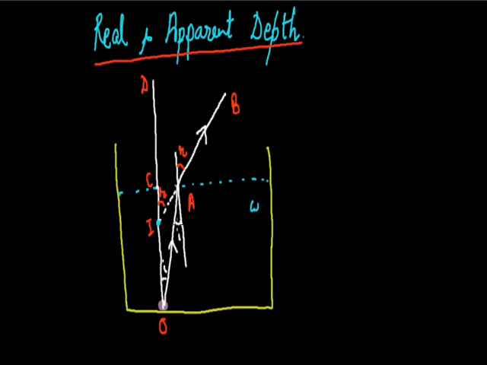Now, this angle is the angle of incidence i, and this angle is the angle of refraction r. If we go through the geometry, these two angles are alternate interior angles, so they should be the same, while this angle r is a corresponding angle with this angle CIA, and that's why these two angles should have the same value, r. Now, if we consider the triangle CAO,